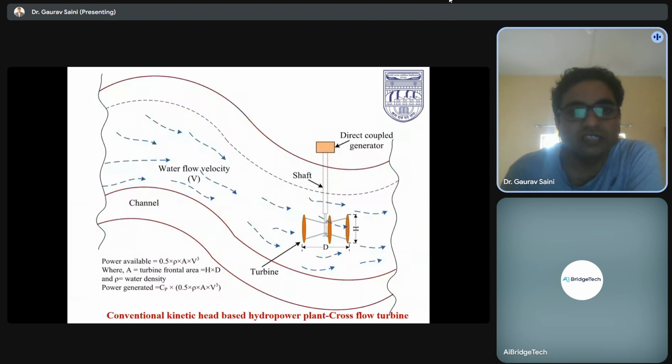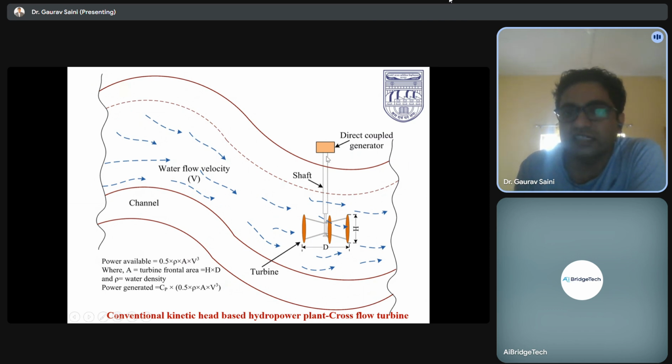But if we talk about hydrokinetic energy, we need not create intricate civil structures. We can directly deploy our turbines in the flow, and this flow can be utilized to generate power by utilizing the kinetic energy of the water. We can use a number of installation strategies. Here we have seen the vertical orientation of the turbine,